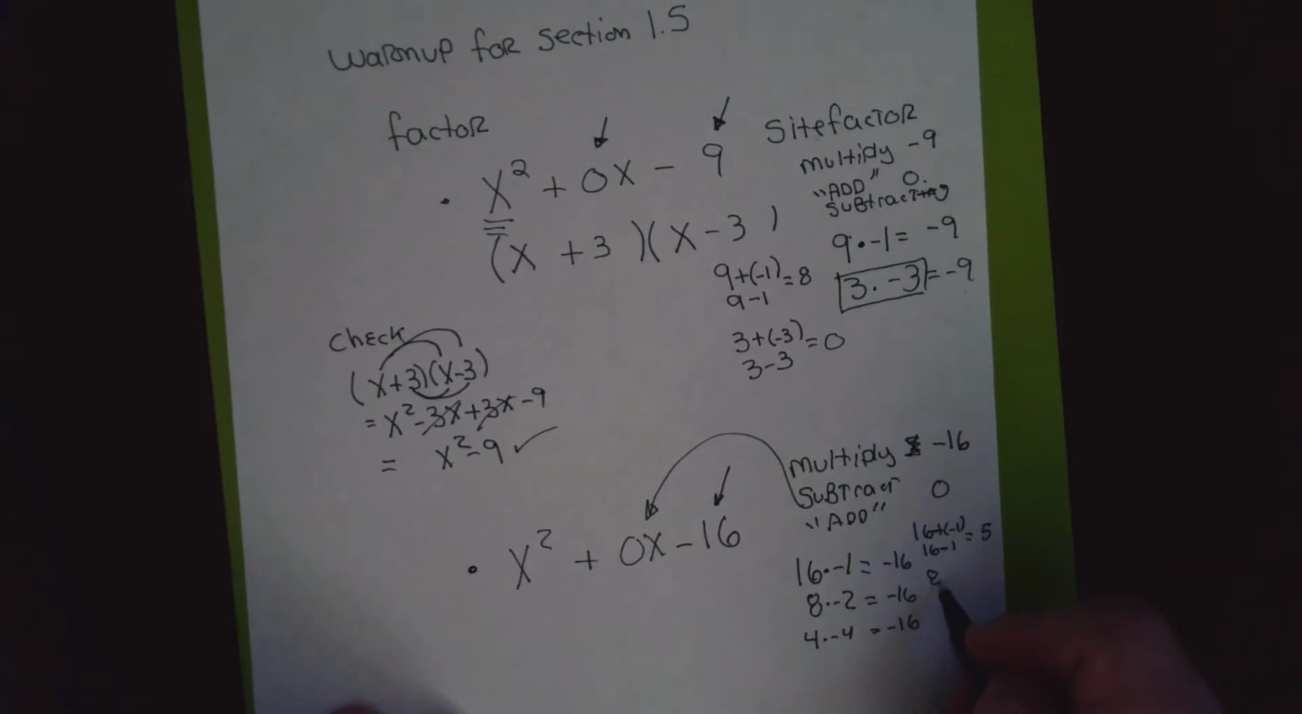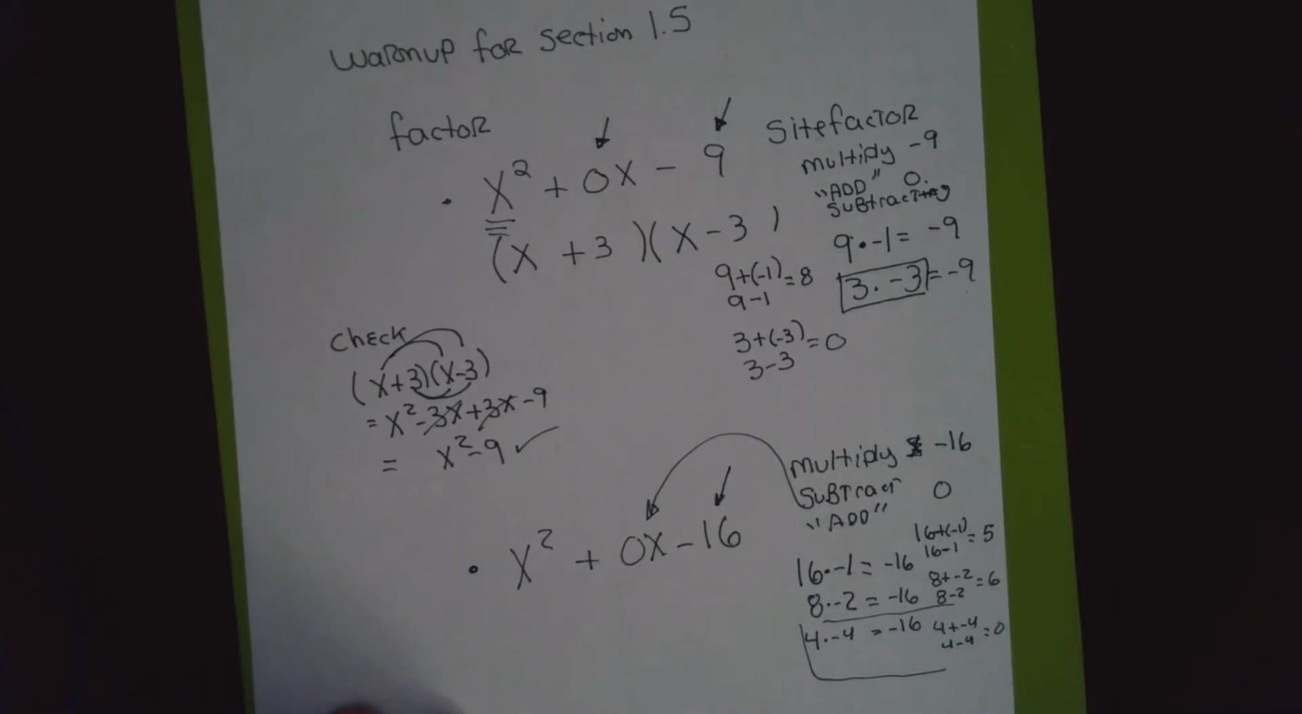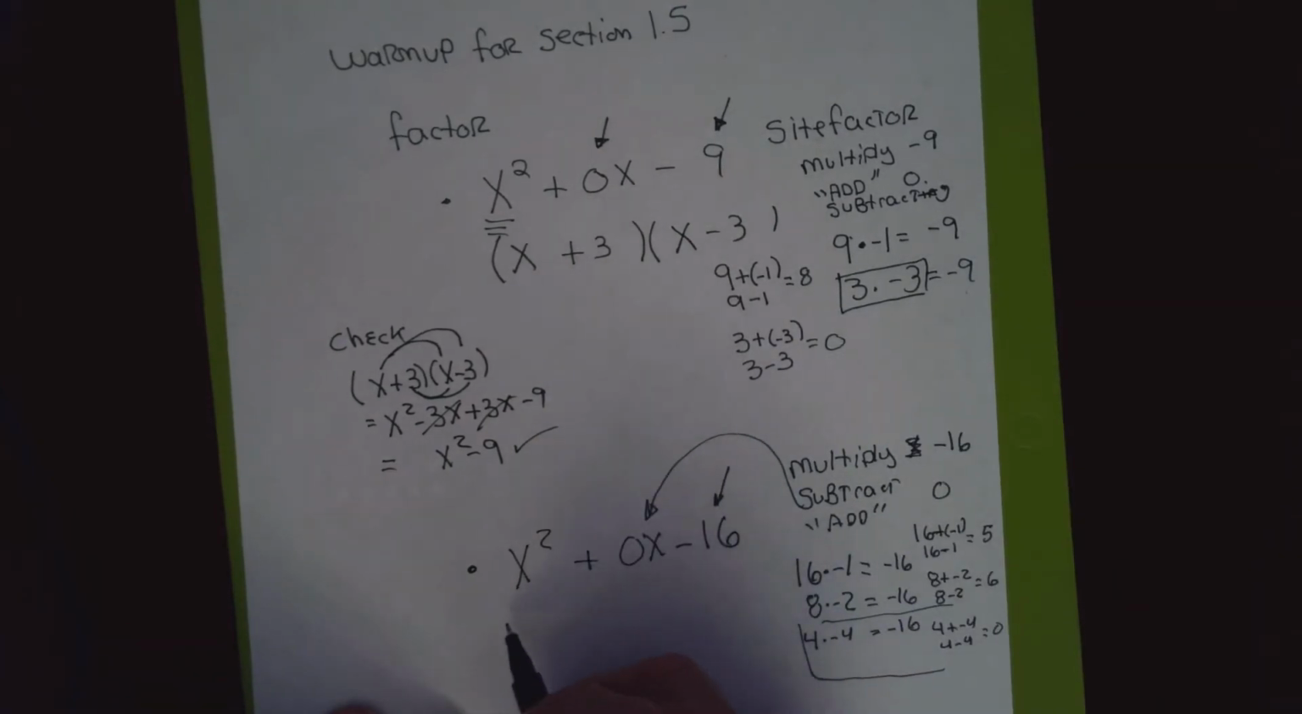If I did 8 plus negative 2, which is the same as 8 minus 2, that would give me 6. And if I checked 4 plus negative 4, which is the same as 4 minus 4, that would give me a 0. The numbers I'm going to need for my parentheses are 4 and negative 4. So I'm going to create my two parentheses,